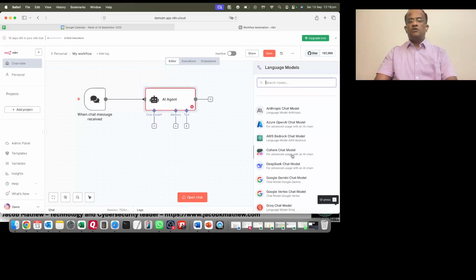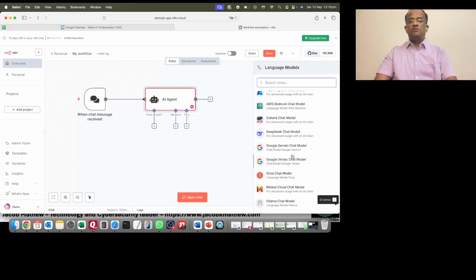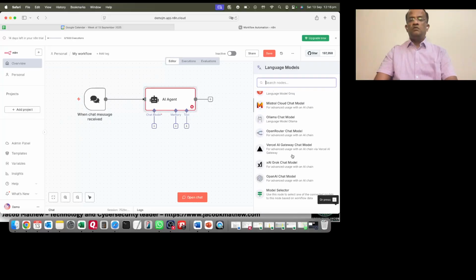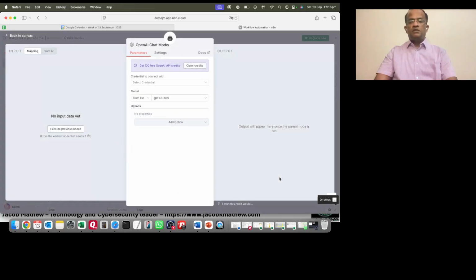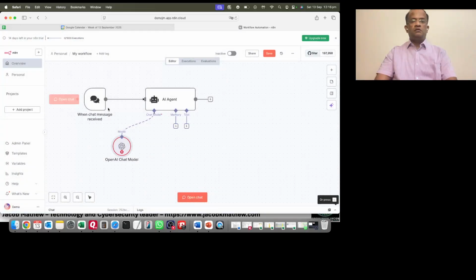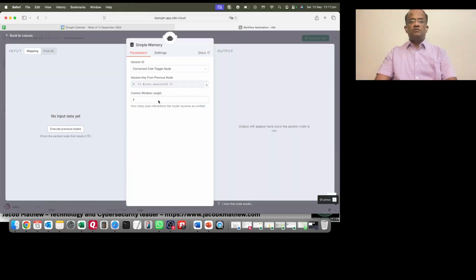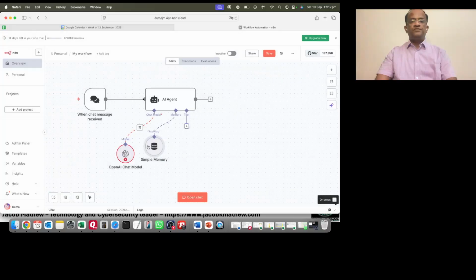As you can see, there are a lot of models: Anthropic, Azure, AWS, DeepSeek, Google, Grok, but we use OpenAI. Again, you can use whatever model you want. Now, if you see, in the chat message and the AI agent there was no cross, because we don't have to do much configuration. Whereas with OpenAI and the Google tools which are coming through, we will have to configure them for them to work. So memory and the canvas,